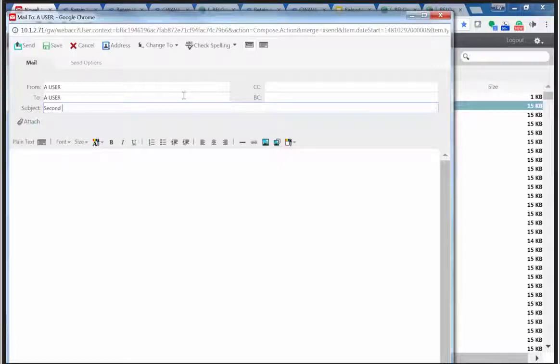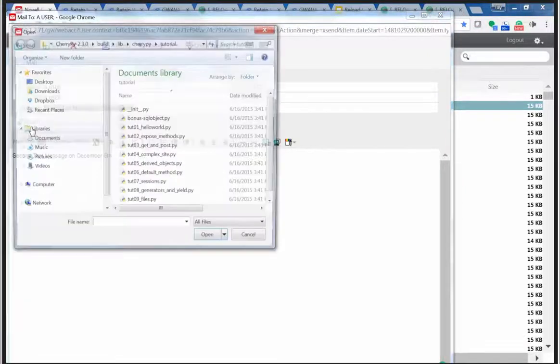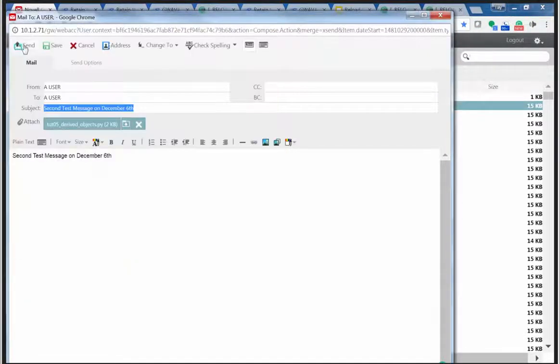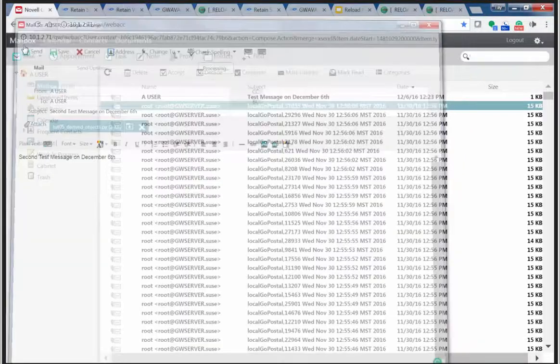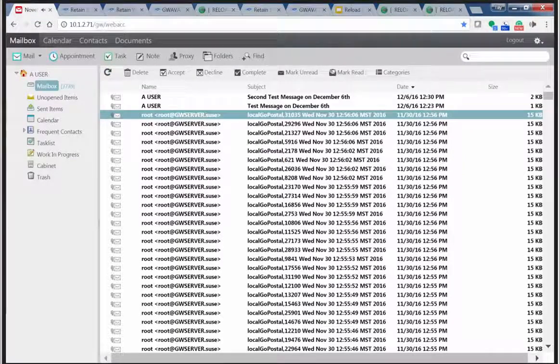Second test message on December 6th. Okay, all right. And I'm going to put that in here and there, and I'll just do another Python script here, pop. Okay, now we know that the mirroring agent will get that, but the next thing I want to do is